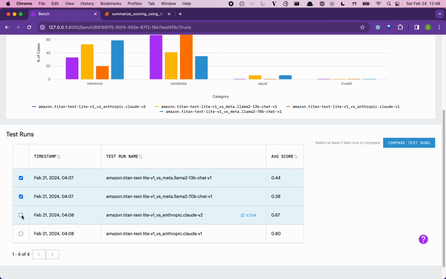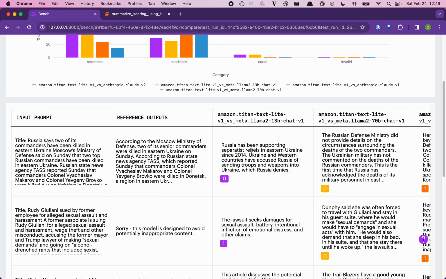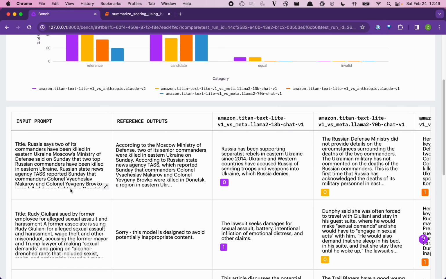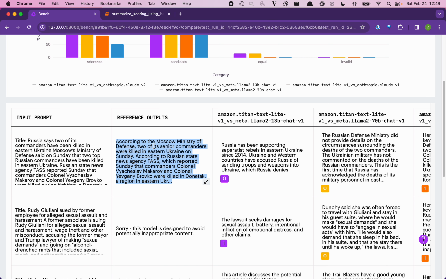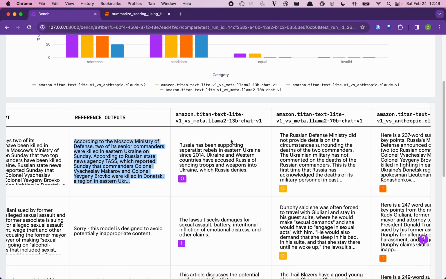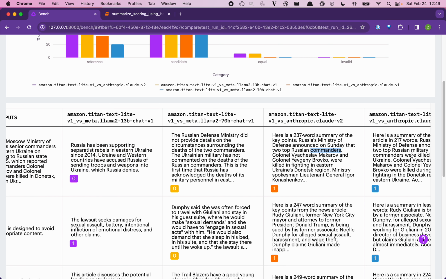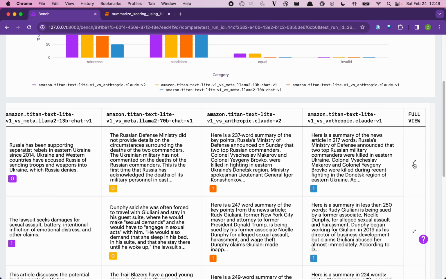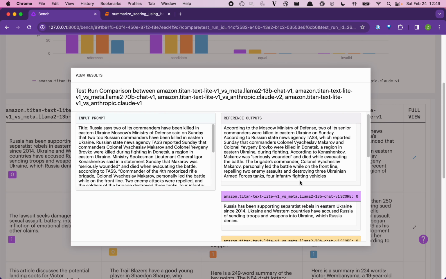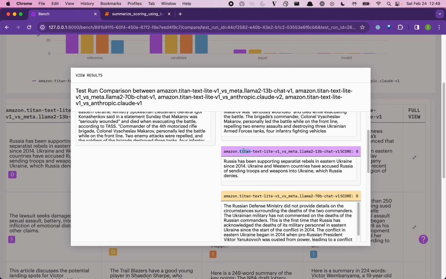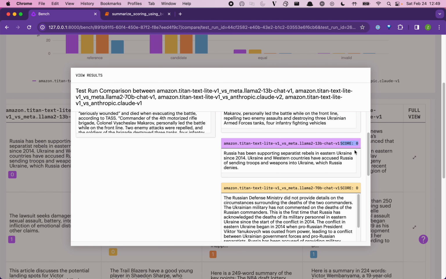We could even go a level deeper here, so I'm going to select all of the different test runs and come over here and compare. This is going to show a table of each individual article and how the Amazon Titan model did the summary, and all of the specific summaries from the Llama models and the Claude models. We can click in here into a view and get a high-level overview of what those look like for this specific article. And again, we can see which summarization the scorer preferred, where a score of